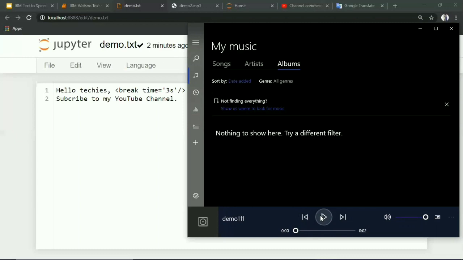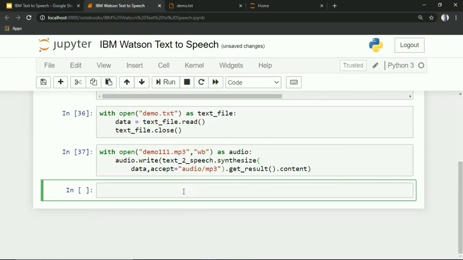That's it. We successfully included the break time in between words. Third question. How to change the voice? That is very simple. There are many voice models available for IBM Watson text-to-speech service.